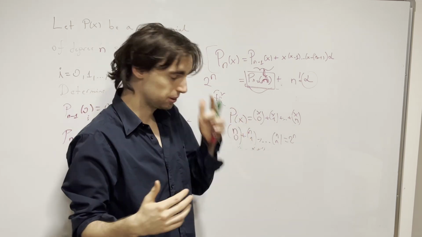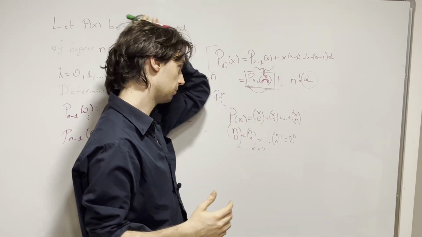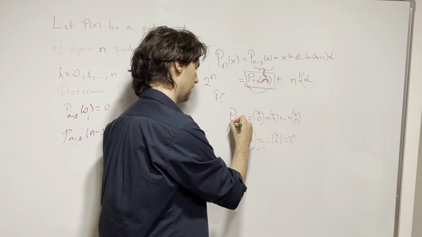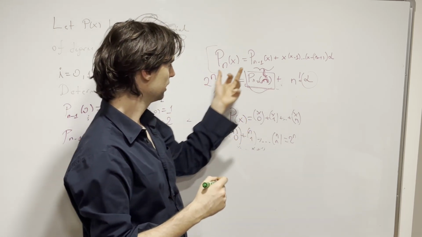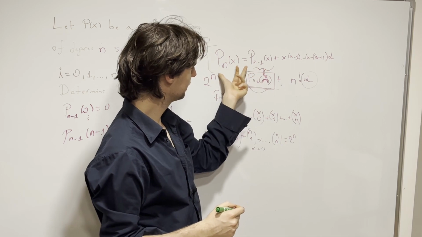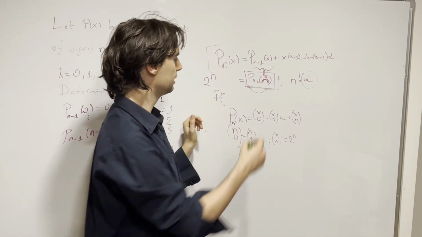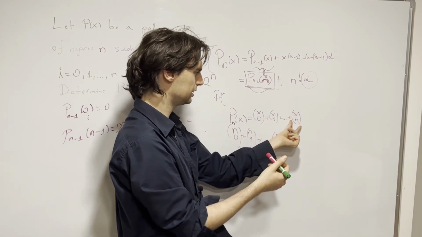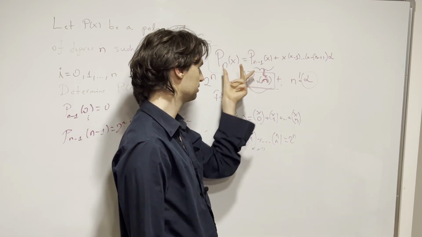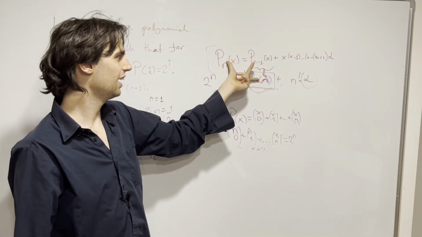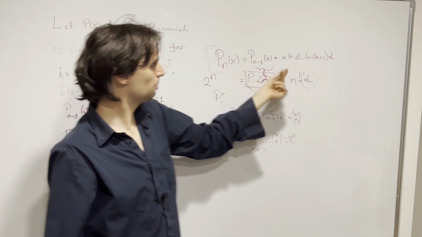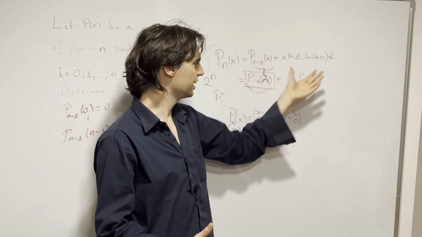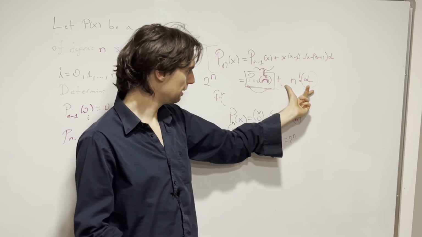Could we have guessed that this was in fact a polynomial for n in general, like this was p n of x? And I think because of this difference, because what is the difference? The difference should be equal to x choose n, right? That's what the difference between these two polynomials is. And x choose n, when we figure out what alpha is, for a couple of these alphas, we can be motivated to actually say, wait a second, this thing that we're left with is going to be